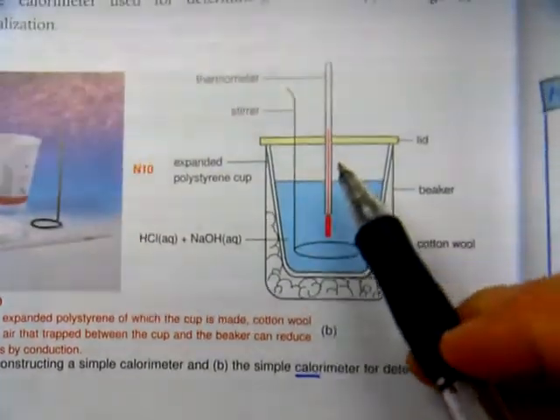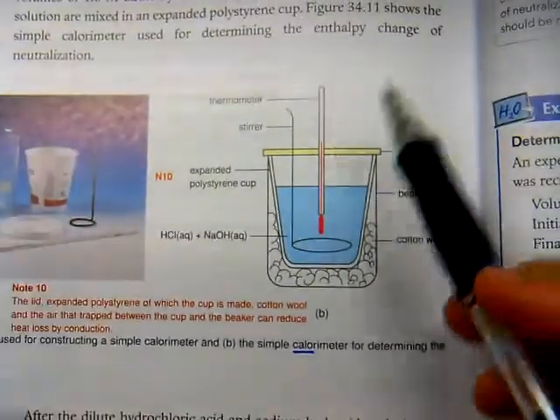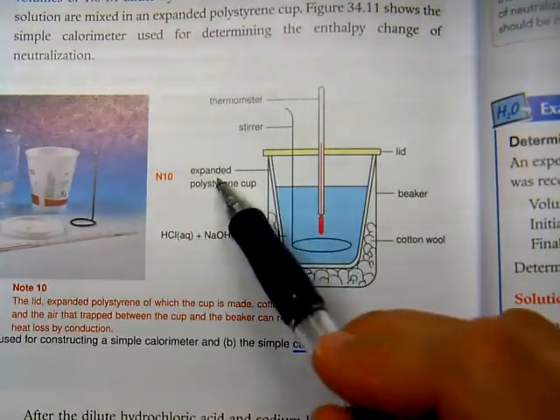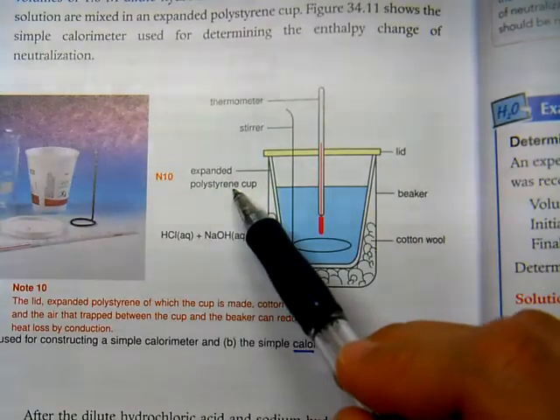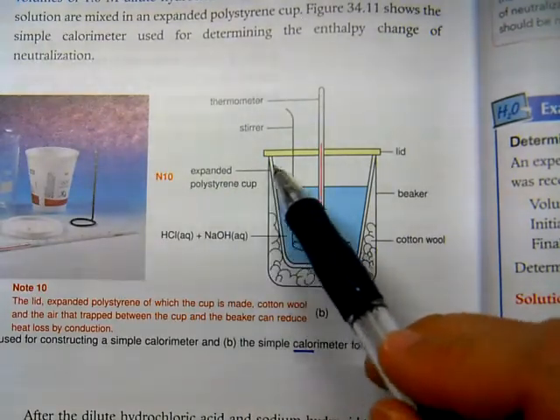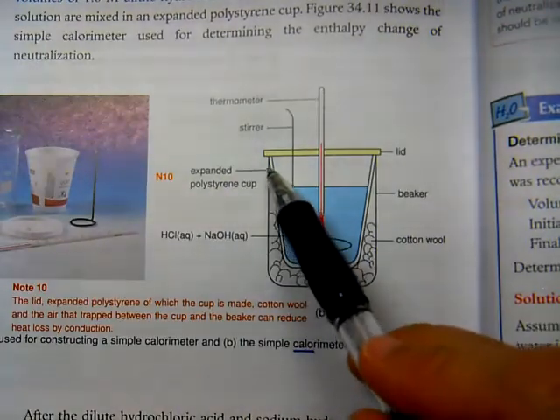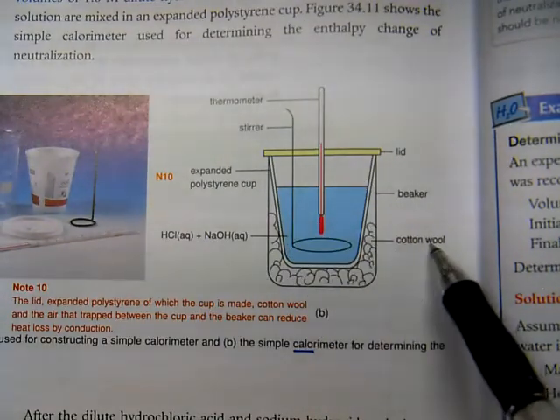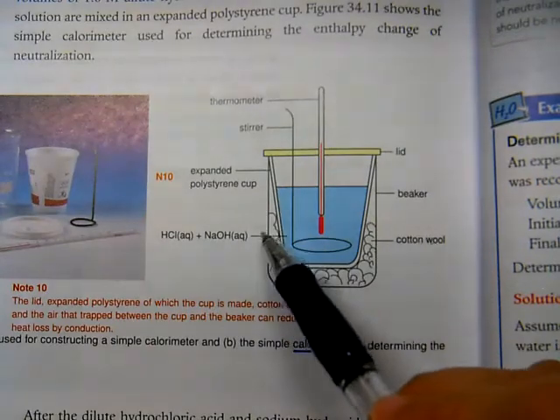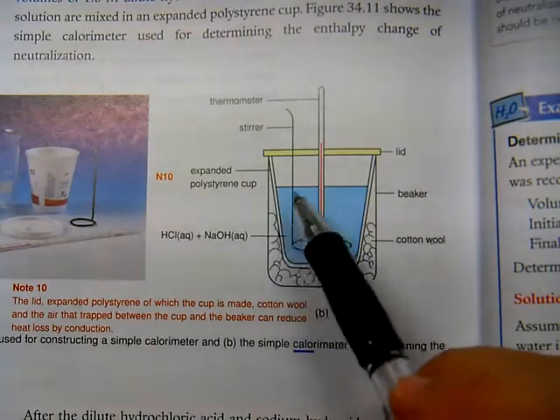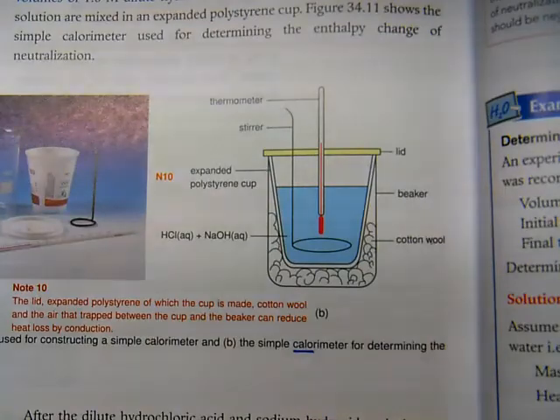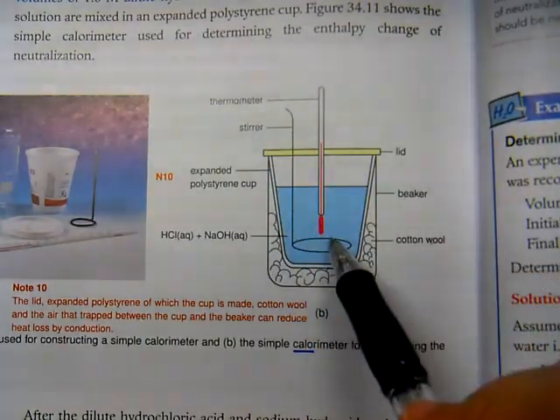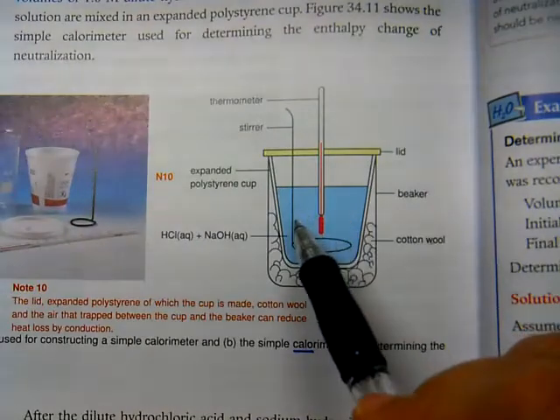This is a simple calorimeter. First of all, we have a beaker, and then we have an expanded polystyrene cup, and then it is put inside the beaker, and inside the beaker we have some cotton wool. All these are used to prevent heat loss to the surroundings. In the beaker we have a stirrer, okay, and then first of all